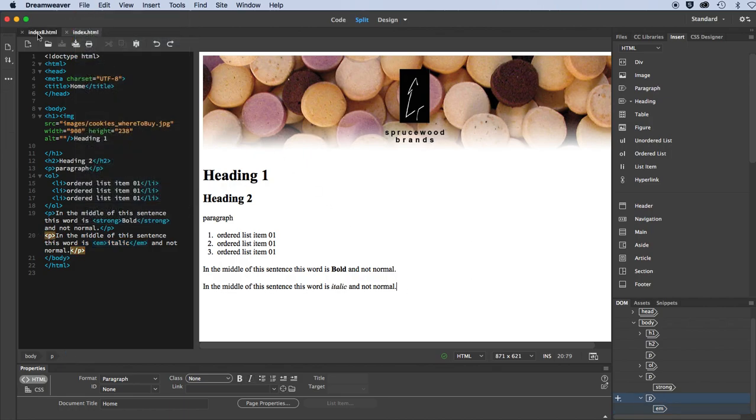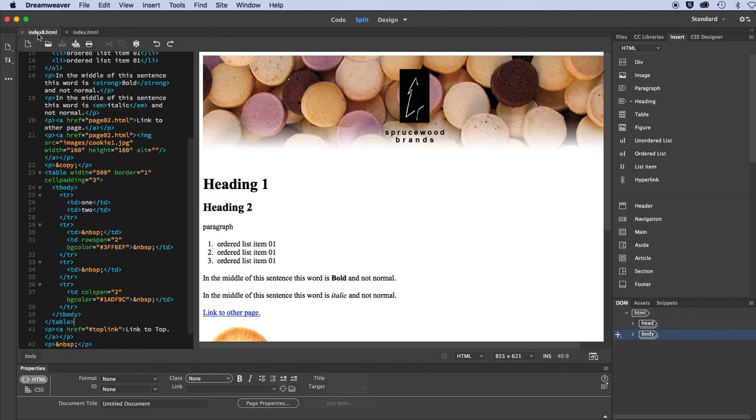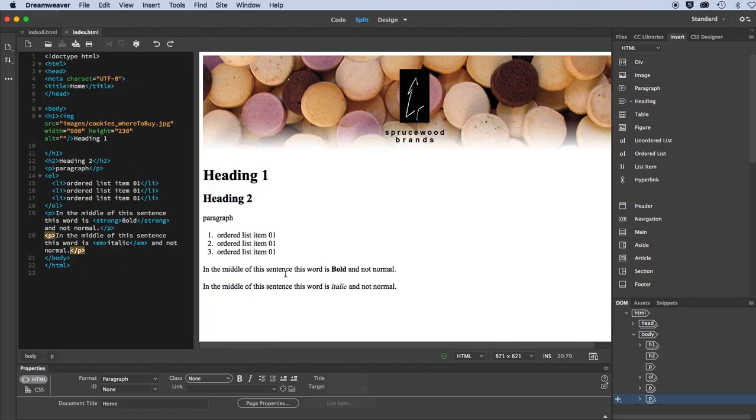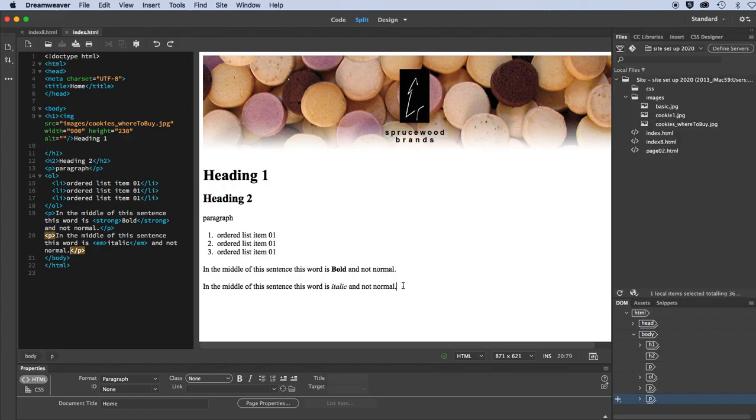I believe the next item down is a link to another page. Now I do have the other page created, so I will link to it, and I'll show you various ways that you can establish the link. I think I'm going to call up my files panel for that, right there. Okay, and I'll just return, and I'll say link to other page, and I'll put a period there and just